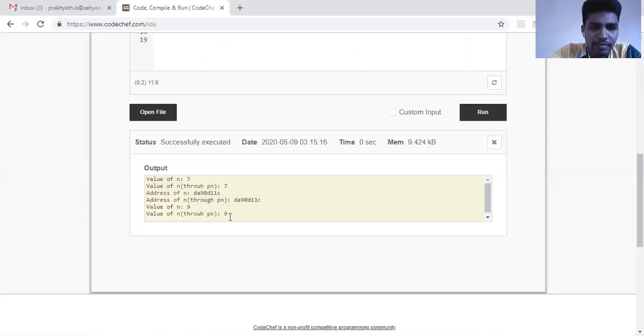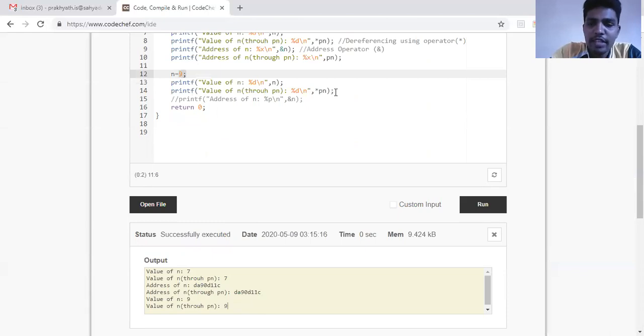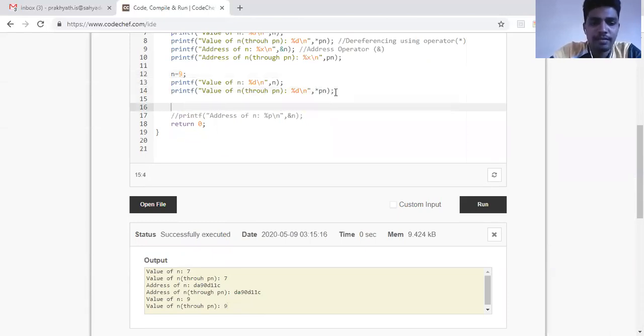So you can see here, the value of n is 9, and the value through pn is also 9. Now let us see, if I change through pn, will it change n? So what I'll do is dereference pn and set it equal to 19. And now let me print the values.